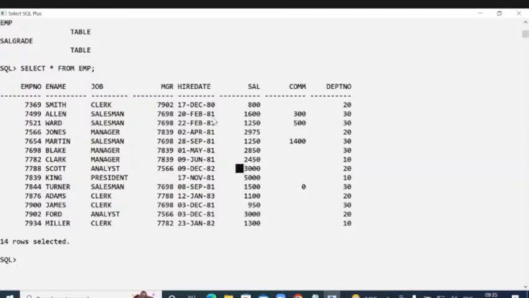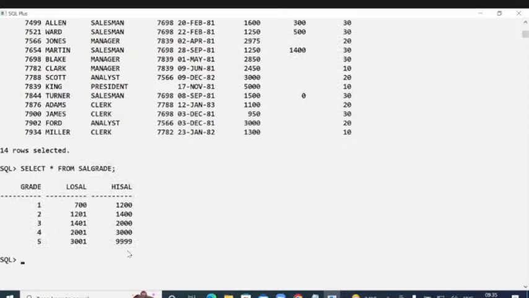low and high. But where are the low and high salaries? It means that another table is there. This table was also given in your demo tables. It's called the sal grade table. So your low and high was there. Here, these are all 700, 1200, 1400, 2000, 3000 low salaries,